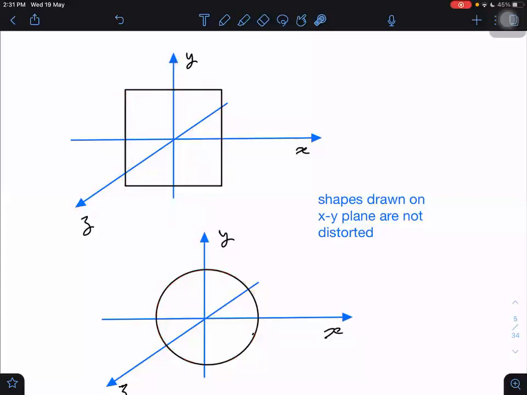The shapes which are on the side walls and the shapes which are on the floor will appear to be distorted. And we can think in another way also. Why is this not getting distorted? Observe the angle between X and Y as drawn in our axes. This angle is in reality also 90 degrees, and it is looking like 90 degrees. So this one is also 90 degrees only, and it is looking like 90 degrees only. Okay, fine.